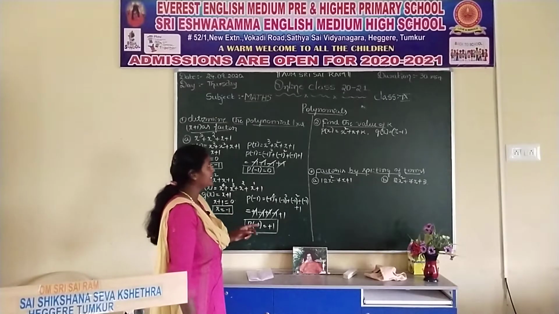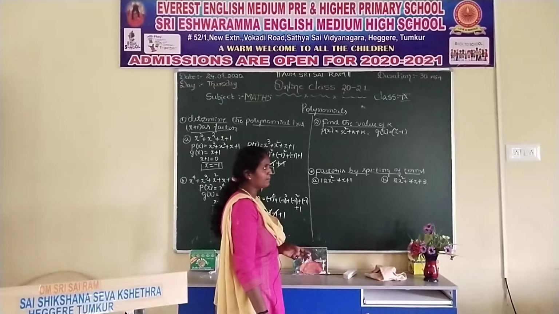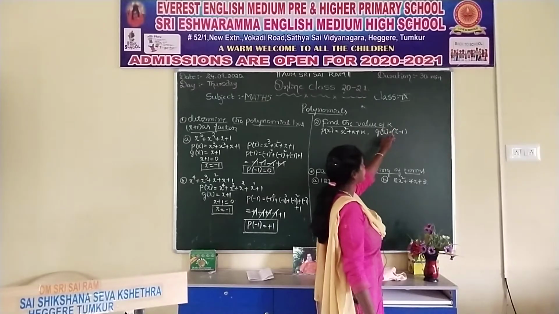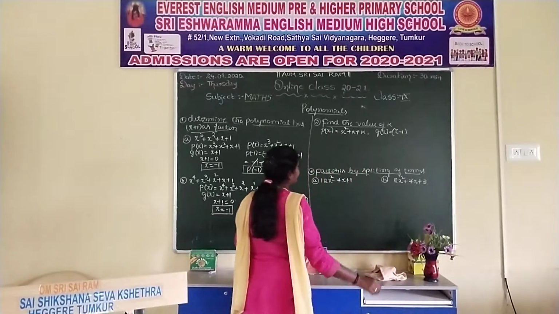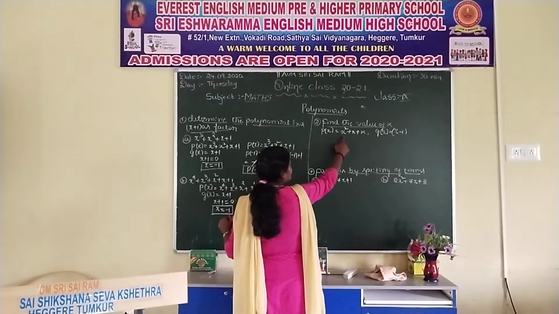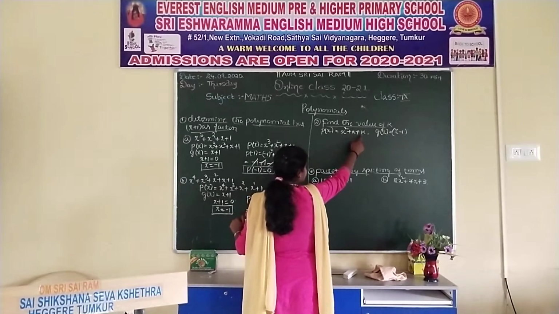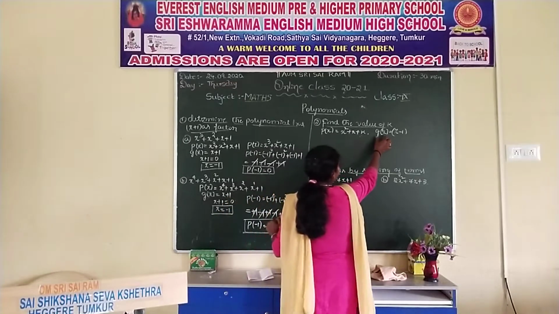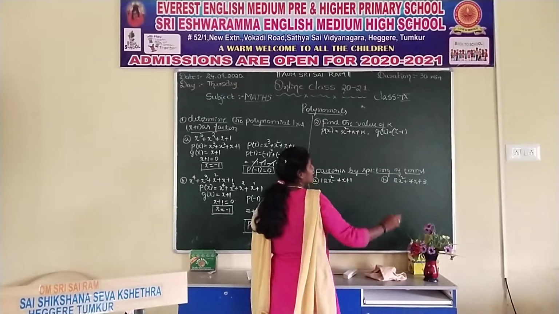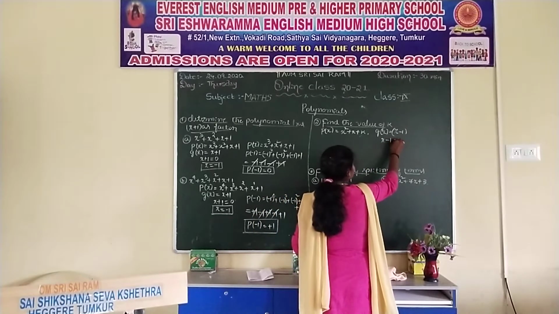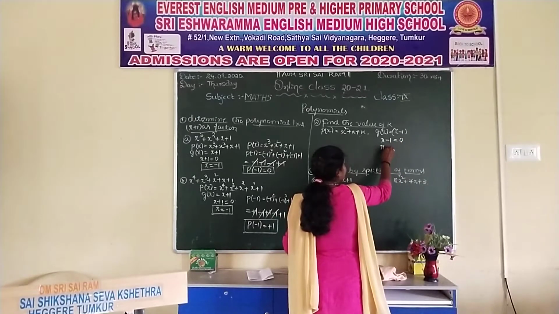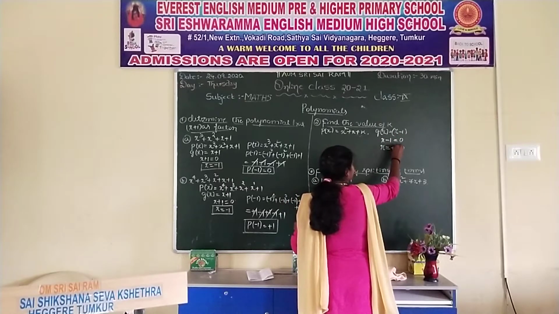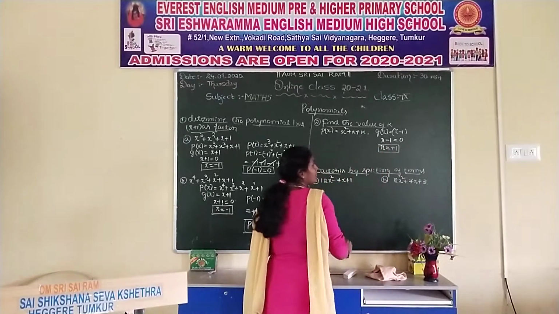See, in the same way they can give an unknown variable. From this question, here the unknown variable is k. Find the value of k if p of x is equal to x square plus x plus k. Consider the polynomial expression as p of x, and g of x is equal to x minus 1. So you equate g of x to 0. So x minus 1 is equal to 0. You take this minus 1 to the right hand side, it becomes plus 1. We got the value of x.